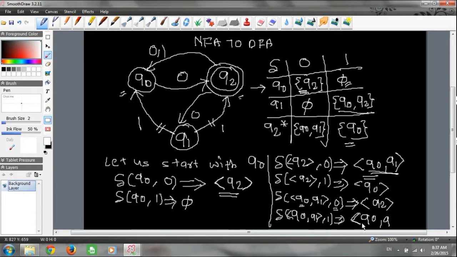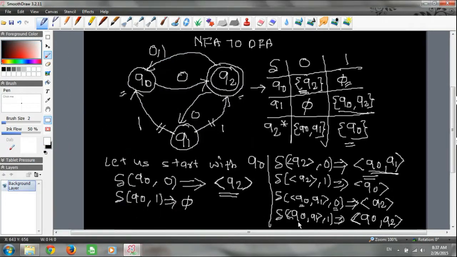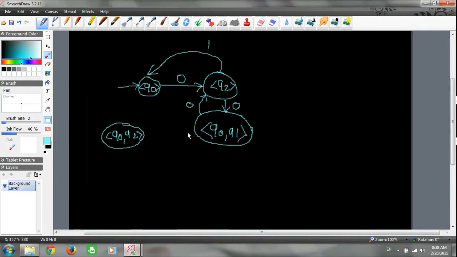Write it in angular brackets, indicating a single state, Q0, Q2. Do we have Q0, Q2? We don't, so just draw it as a new state and add the transition. Q0, Q1 on 1 goes to this particular state.